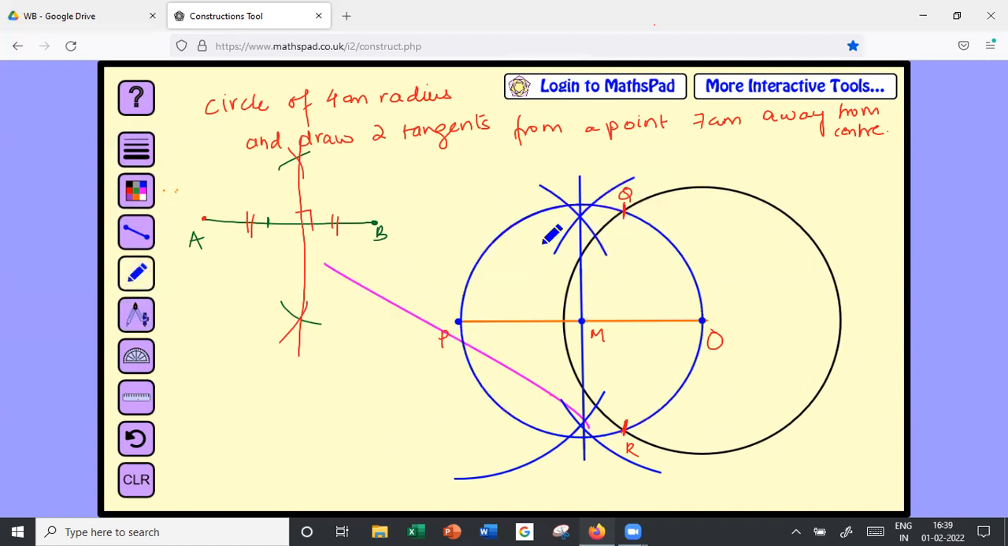Okay, this is your second circle, and now you can just